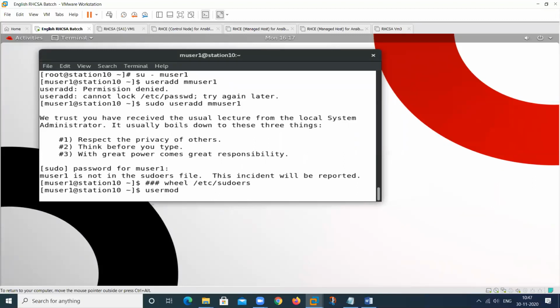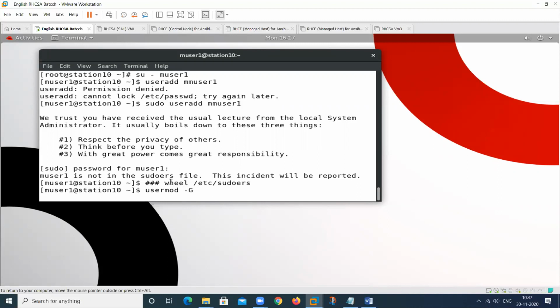Sir, capital G. Capital G. Vijay, is that capital G or simple g? Capital G. Okay. So for adding, because this is a secondary group, not a primary group, and I want to add this user in this group also, so -G in capital.